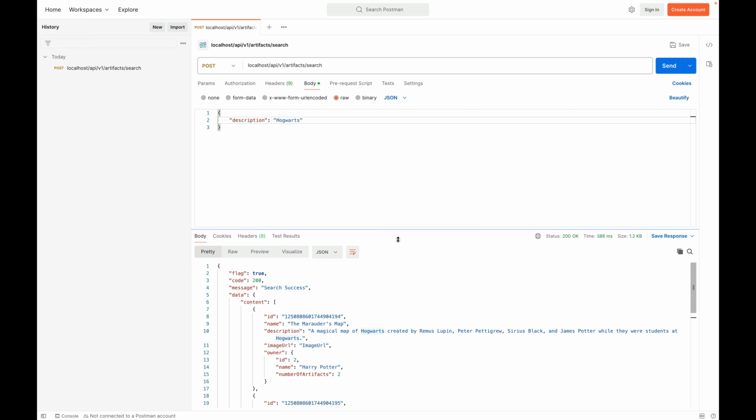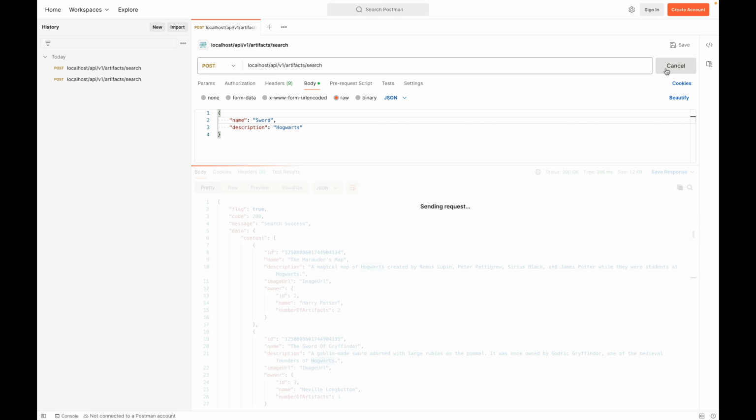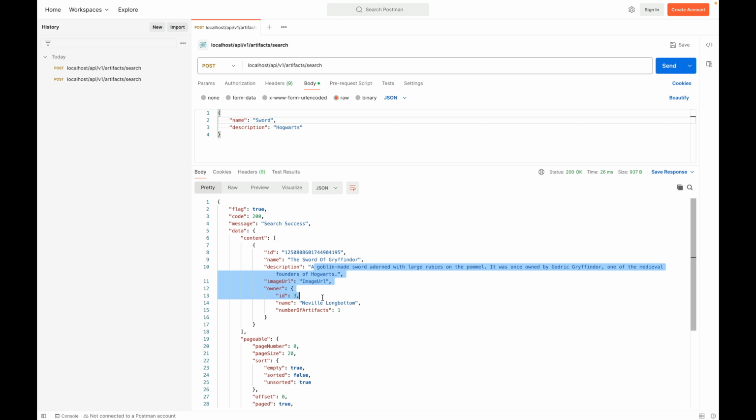Let's test more. For example, name is equal to sort. Now this time we only have the second one, the sword of Gryffindor. That's great. Now let's go back to IntelliJ and take a look at the SQL generated by Hibernate in the